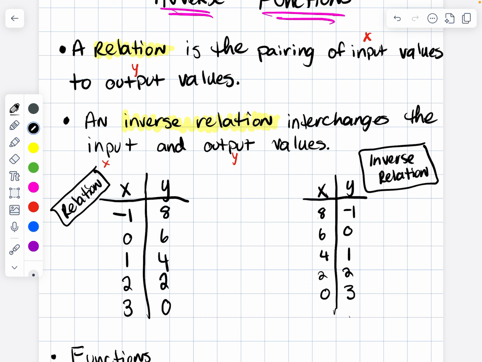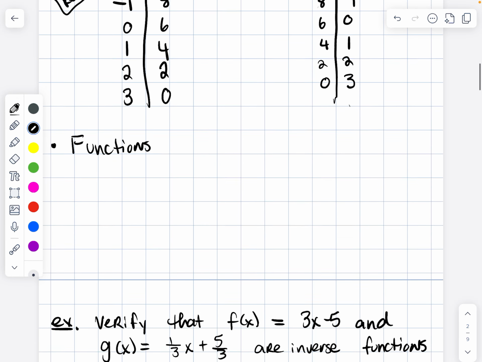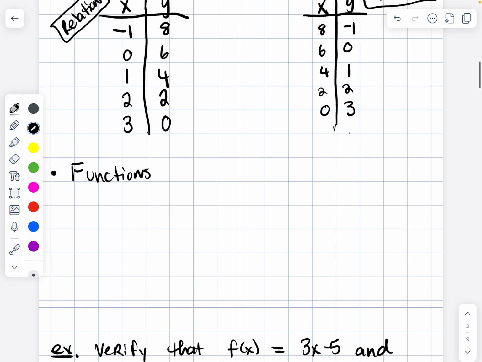All right. So there's more I could say here, but let's go on to functions. When we're dealing with functions, we call them f and g. We know that f and g are inverses of each other provided that when we compose, and composition is what we talked about yesterday in class,